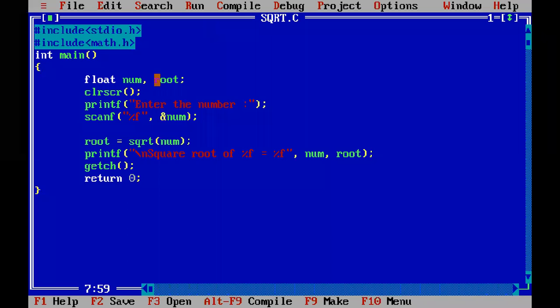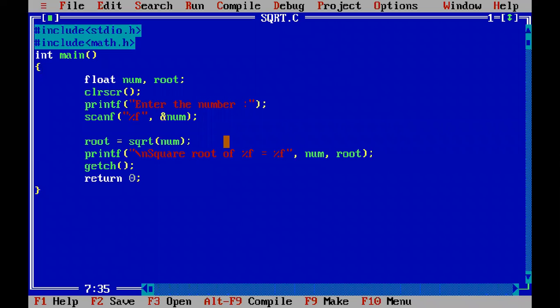Okay. So what are we doing here? This is a message that will be displayed as it has been written. Everything has been written inside double quotes, so it's a string constant. Whatever you have written, that way it will be displayed on the monitor screen. Enter a number. So now you will let the user enter a number. This is just a message to the user asking him or her to enter a number. Now you have to enter the number.